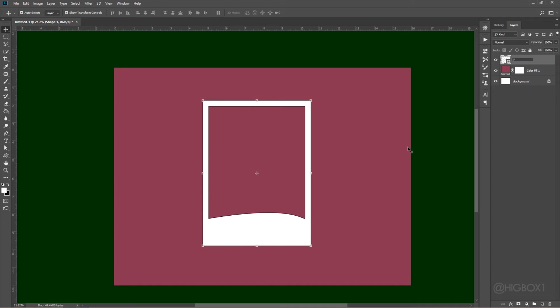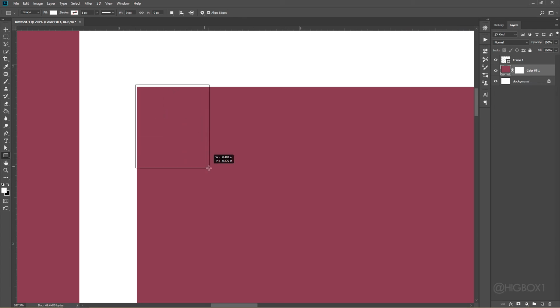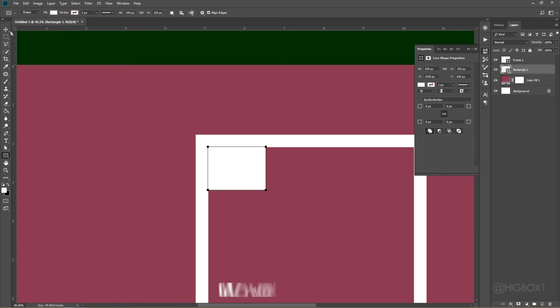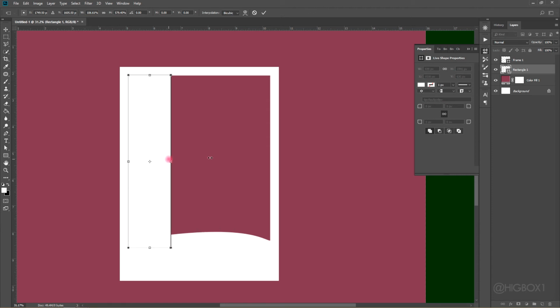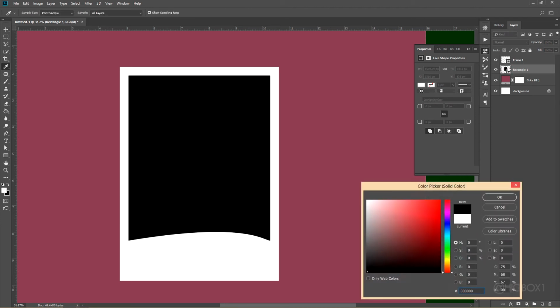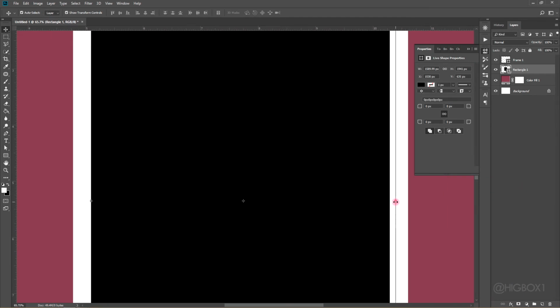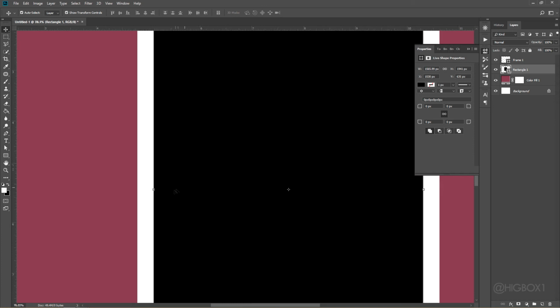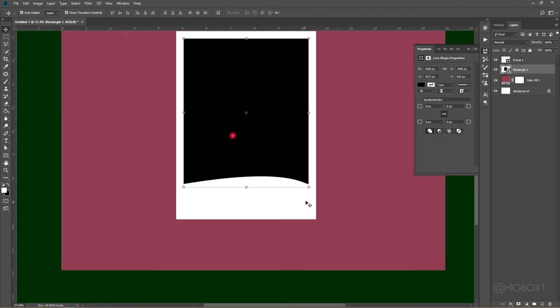You say frame 1. We are going to create a shape that will cover this part where we are going to place our image. Come here, select the rectangular tool, create from here, then drop your tool, then resize to this part. Let's change the color to black. Double click on the thumbnail, pick your color and change it. Now let's make it closer to the edge. You can leave it. We are going to place the layer under. This is it. This is basically a Polaroid shape.